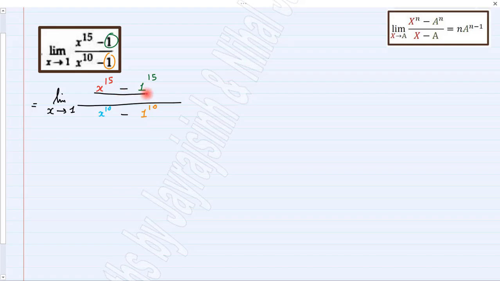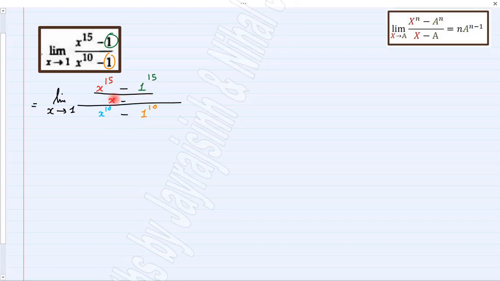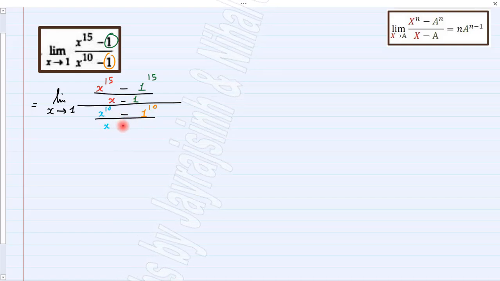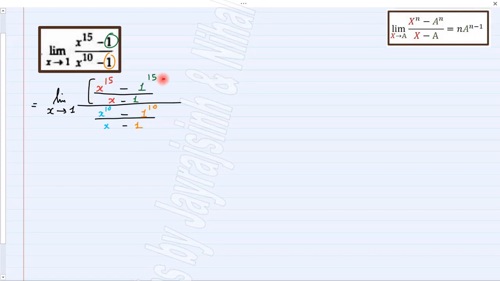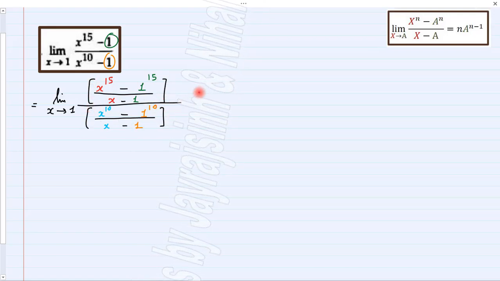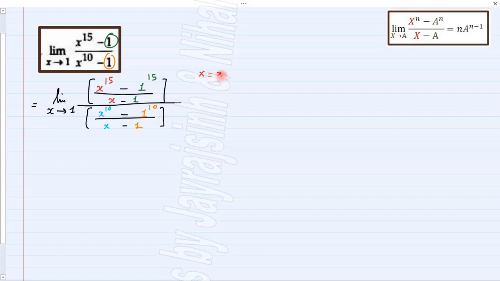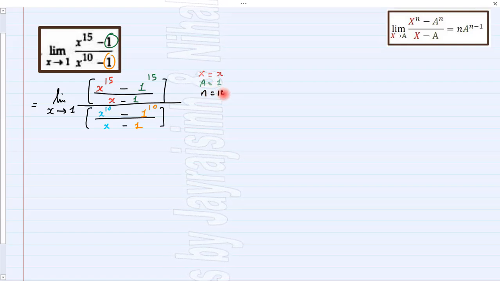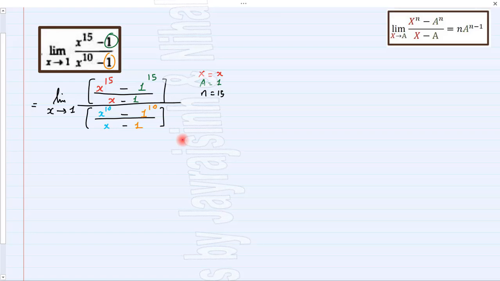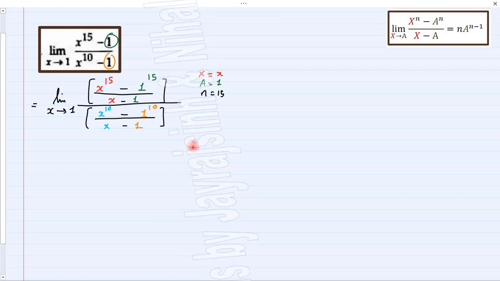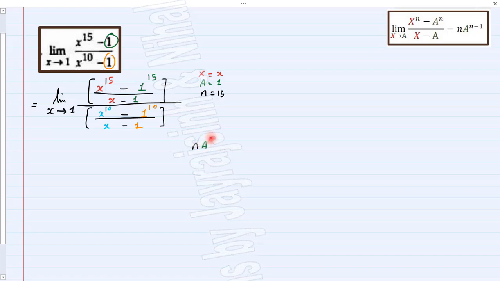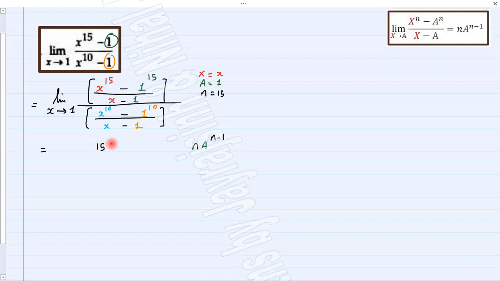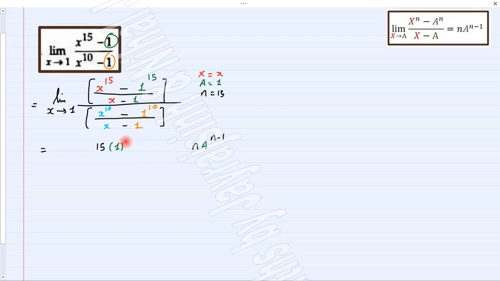Now, to obtain standard form, we just need x minus 1 in the numerator as well as in the denominator. So we can easily apply the standard form. In numerator, your capital X is X, capital A is 1, and N is 15. So by applying the formula, we can obtain the answer using right hand side, which is N into A raised to N minus 1. So your numerator will be 15 into 1 raised to 15 minus 1, or we can say 14,